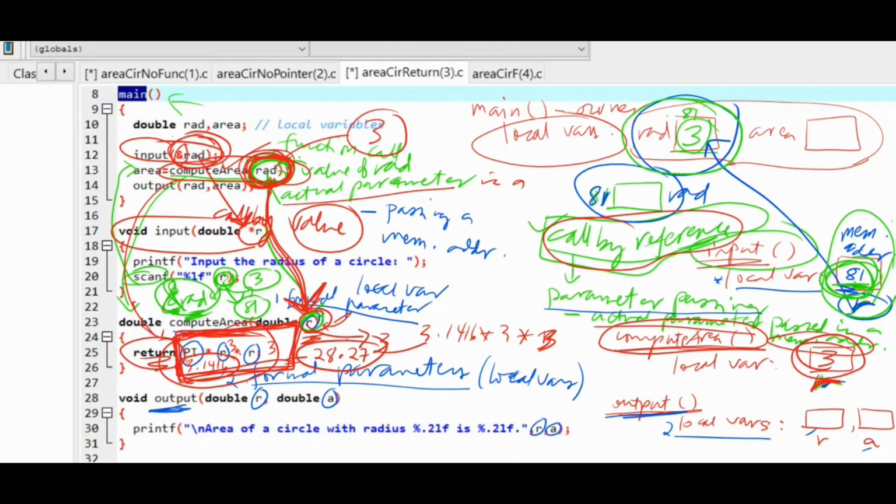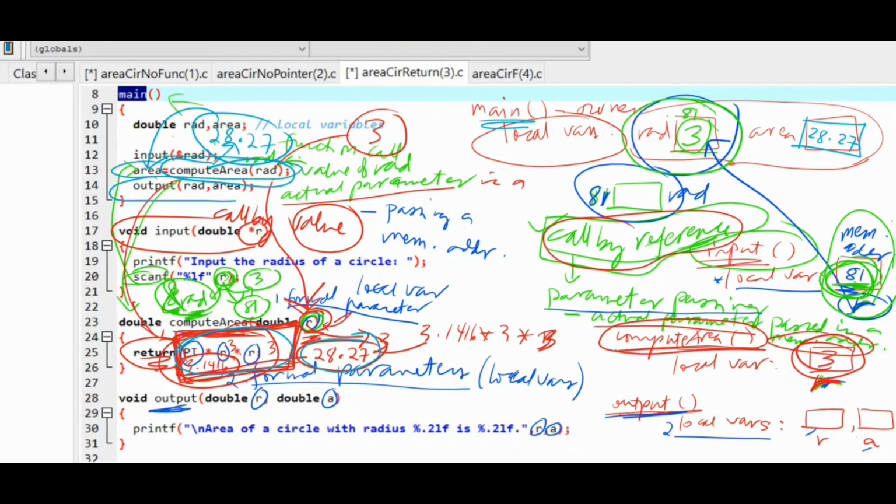And so the value returned here is 28.27, and that is assigned as the value of area. So this local variable area inside the main function now has the value 28.27. After executing this line, we execute the last line in the main function, which is another function call,